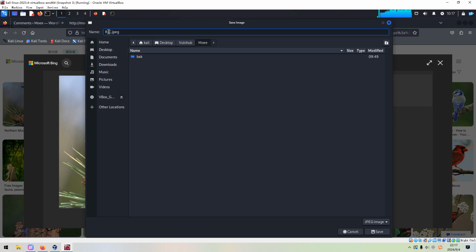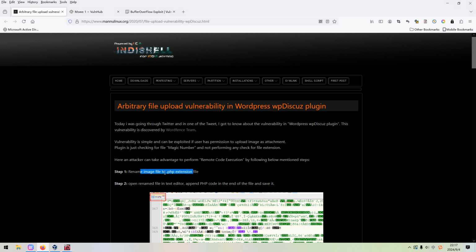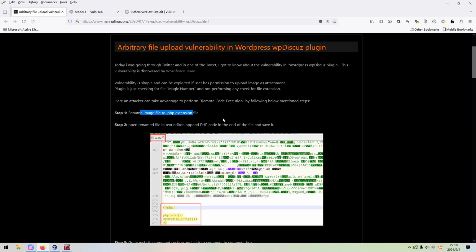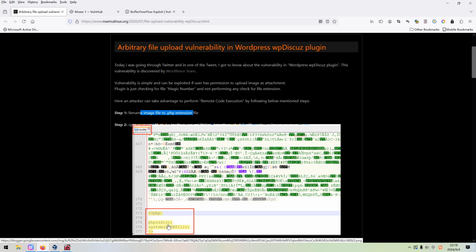We can use any name, test. Next, we need to rename this file, and open this file in a text editor like Vim, and append the PHP code, for example, reverse PHP code. I will not use this one because this one is a simple one. I want to directly get the reverse shell.